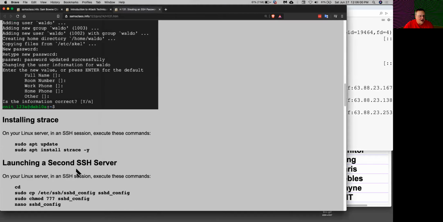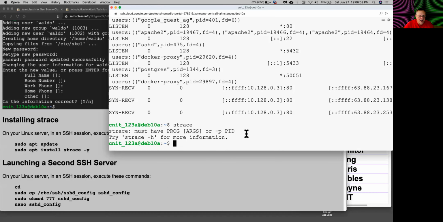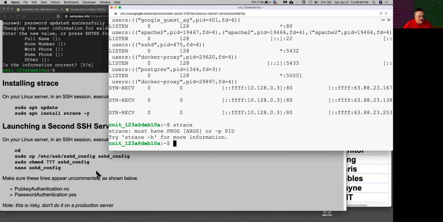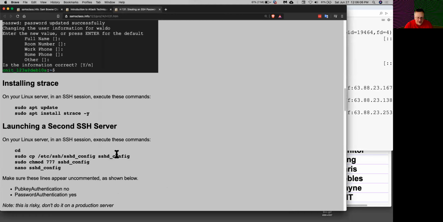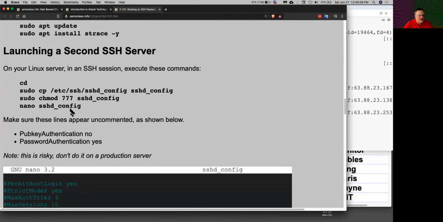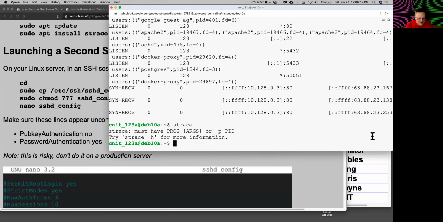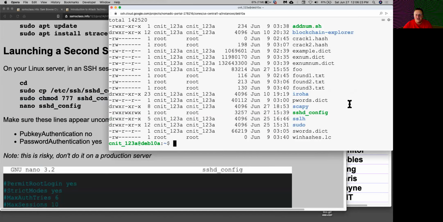So now I run a second SSH server. I've made a second configuration file. The default sshd_config is over here in /etc/ssh, but I made a copy of it locally so I could change it. And then because I'm just a slob, I made it read-writable by everybody so I didn't have to worry about who owned it. And so I made this file, sshd_config there. And if I look at it,